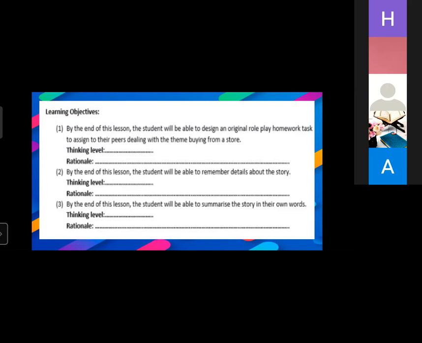Maybe understanding, or I think it's creating, because they will make a new production. He will summarize, that's right. If we stop only at summarize, it's analyzing. If we stop here, but in their own words, here it's applying or creating. So as we have mentioned before, an objective can deal with more than one level